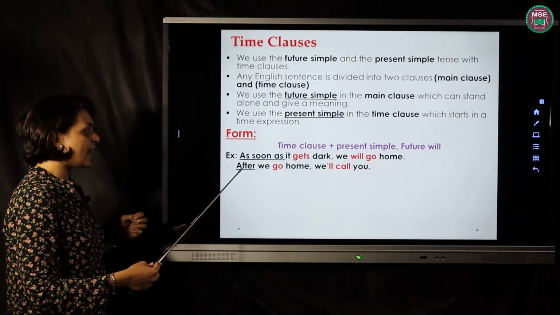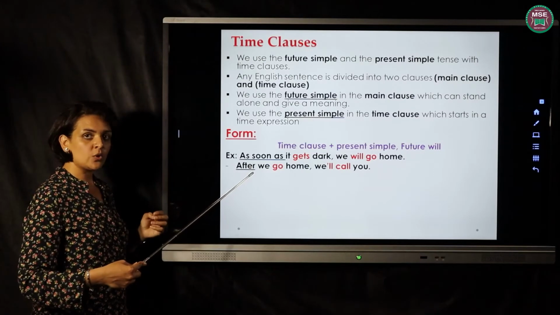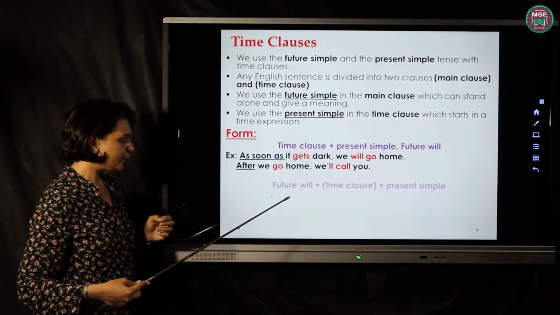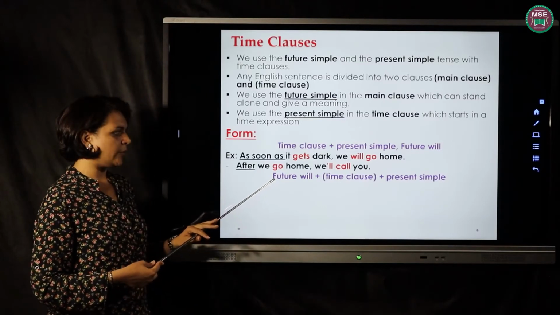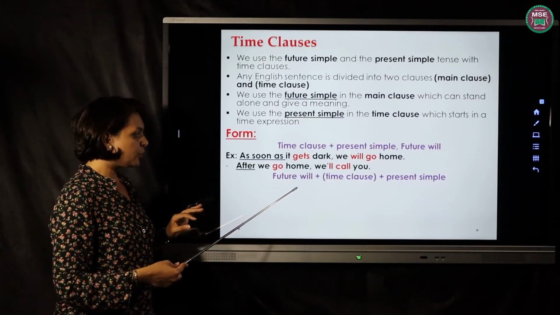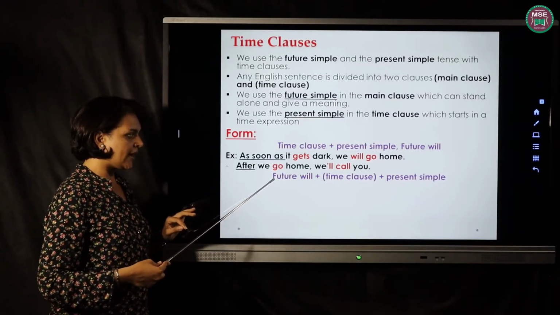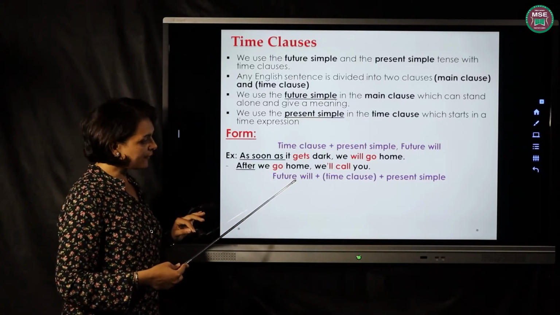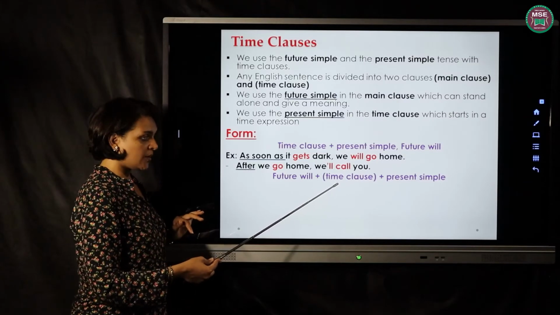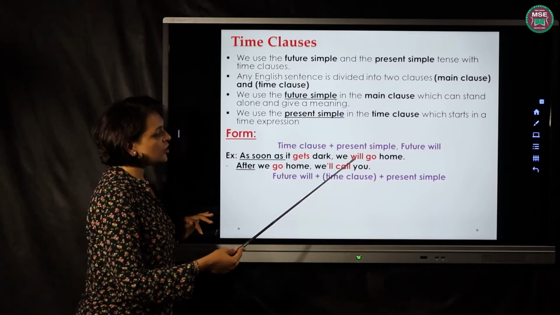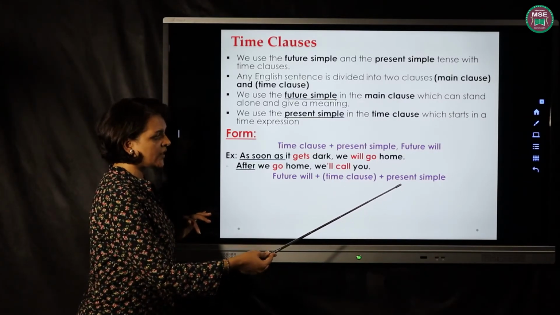And after the expression of the timing, we use the present simple. Okay, if I put the main clause here first at the beginning, I have to put the future using will first. Then in the middle will come the time expression, and then use the present simple with it.